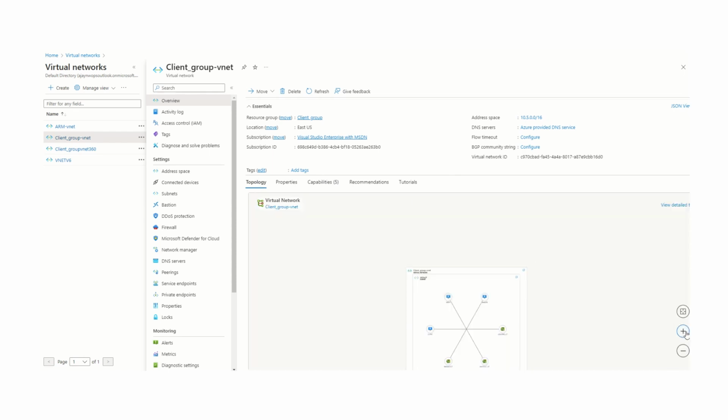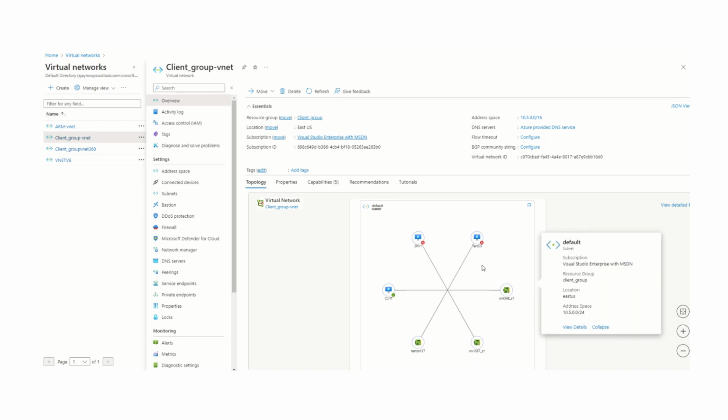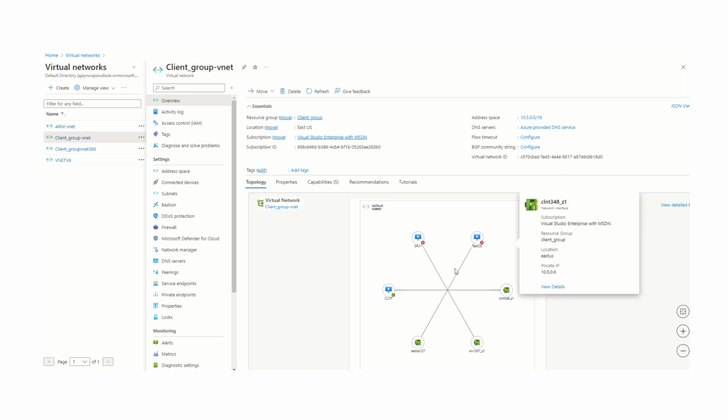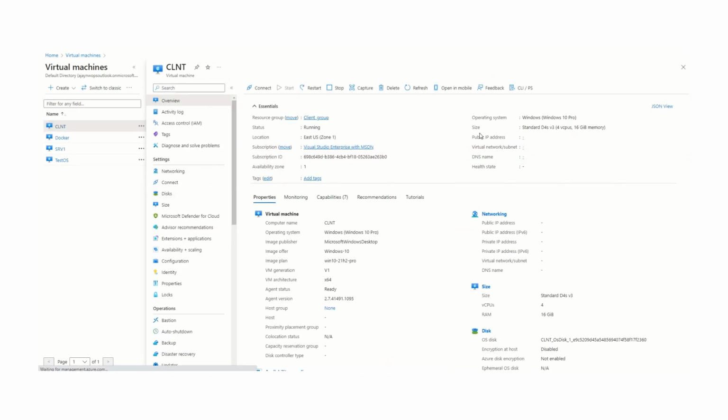Once this topology is populated, we can see under the default subnet I'm running multiple VMs. The VM I was talking about is the client VM, which has one interface, and the other two VMs also have some interfaces, but these VMs are not turned on. So now let's go to the client VM. For that, click on virtual machines, and when you go to the client VM, we are going to see